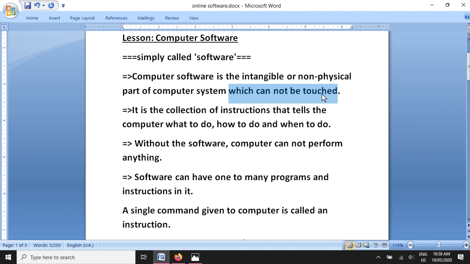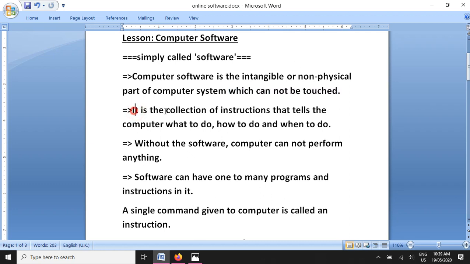We can control them through the keyboard or joystick or mouse, or we can play them, but physically we cannot touch them. There are trees, there are characters inside the game. We can see them, but we cannot touch them because they are non-physical. They are just the visuals. That's why they are the software. So whatever you see on the screen, that is the display of the software parts.